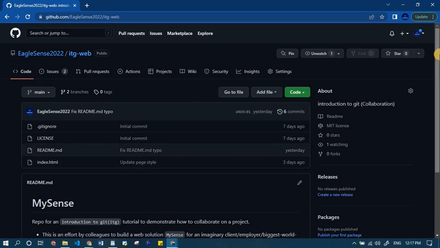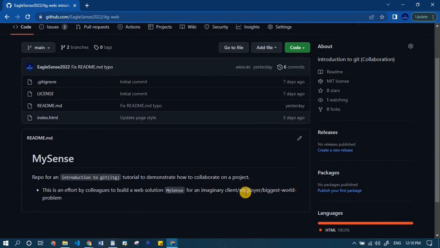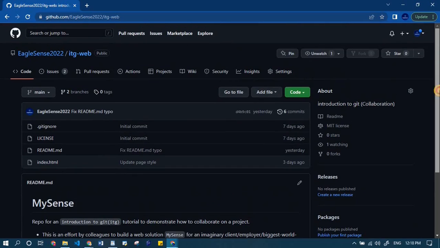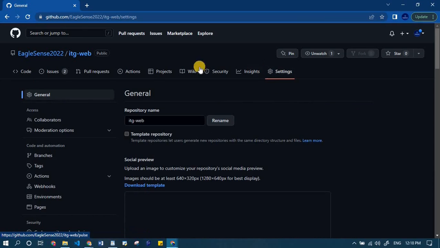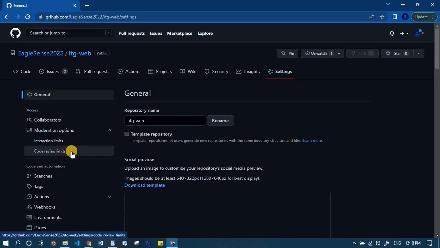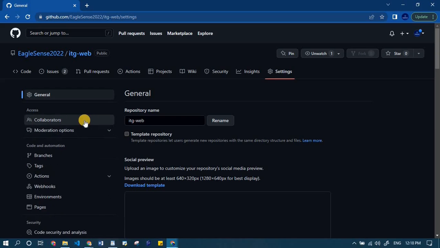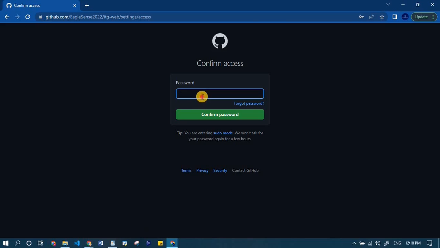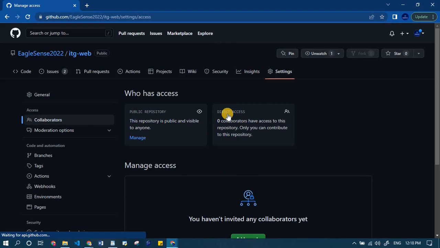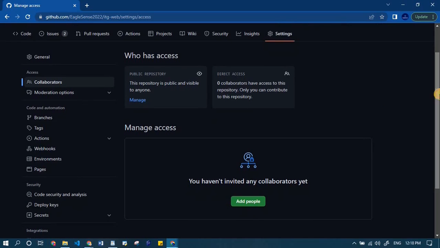So we have IT web here working to create a solution for an imaginary client. That solution is named EcoSense. So when you go to settings, the owner of the repo, EcoSense, can set interaction limits, code review limits, or add collaborators so that whoever is added here can have access to the repository to push changes. So as the admin of EcoSense,